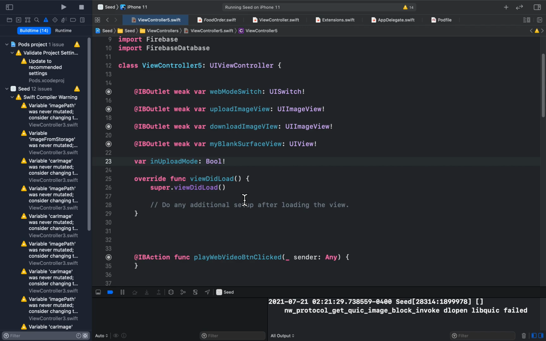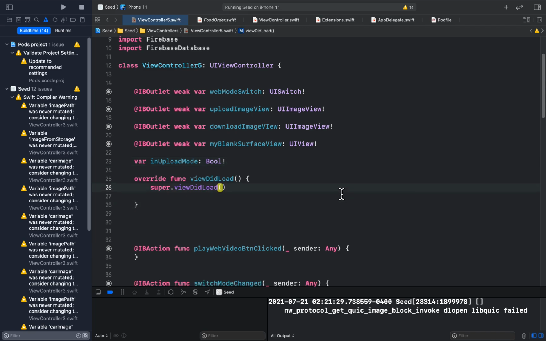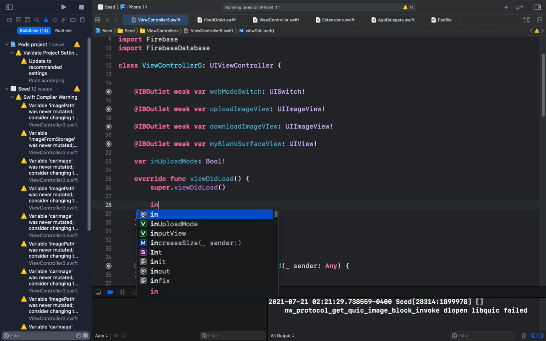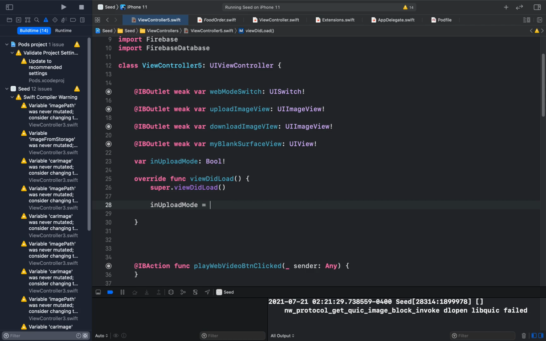Rather, in the viewDidLoad function, we would say in upload mode equal to